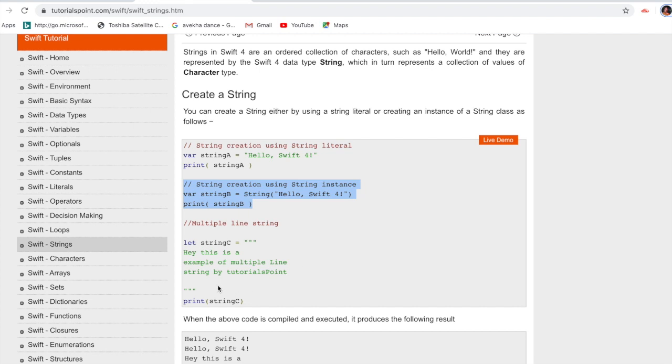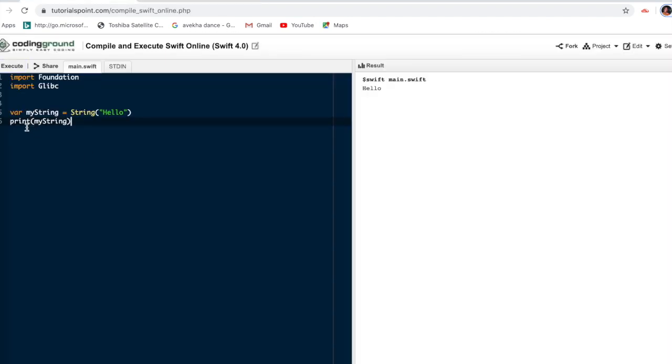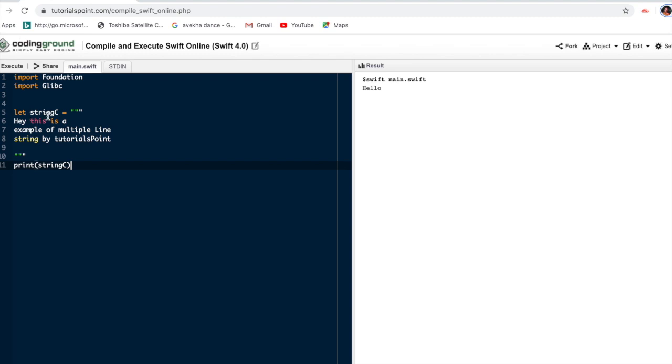In such a case we can create multiple lines. For multiple lines, see one example. I'm giving one constant with let, which is used for a constant, and it is equal to a sentence wrapped in triple quotes.